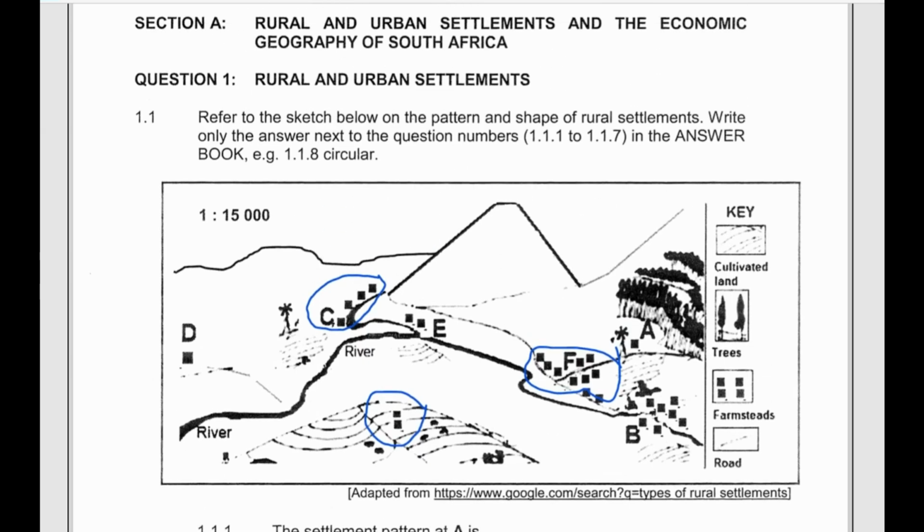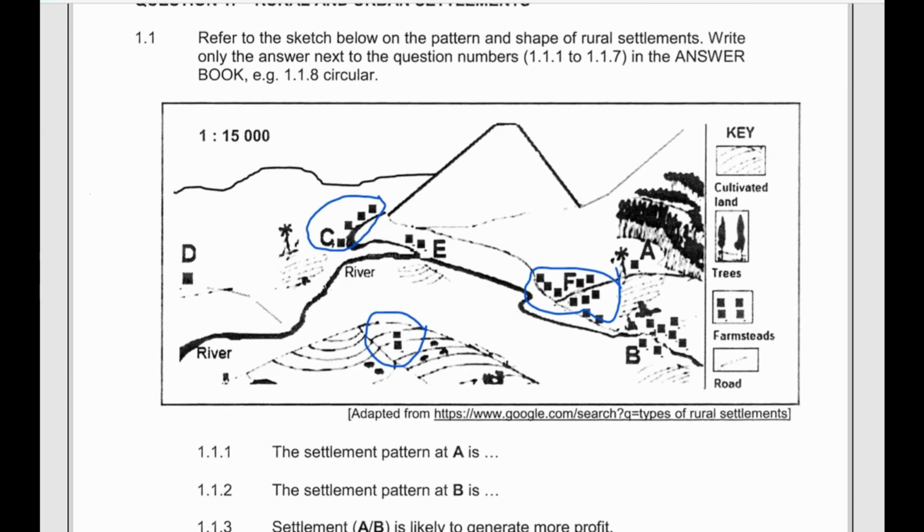And also, maybe before we look at the questions, I need to make a distinction between the 2 aspects of settlement. We have what we call the shape of a settlement and the pattern of a settlement. Those 2 you usually find that learners tend to confuse. Whenever we're talking of settlement shape, that is where we have the different shapes that are formed by the different setting of housing units in a settlement. For example, you can talk of a circular shape, then maybe a semicircular,